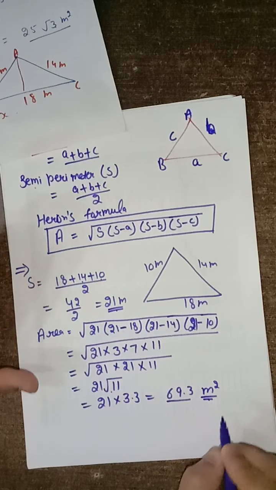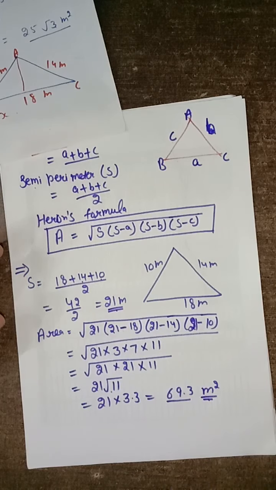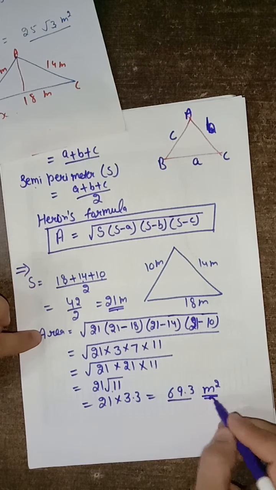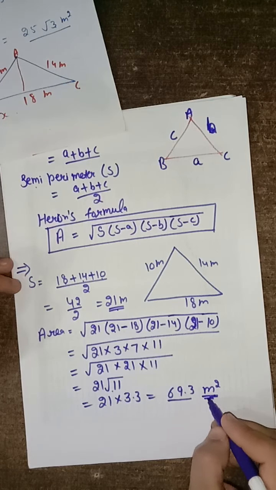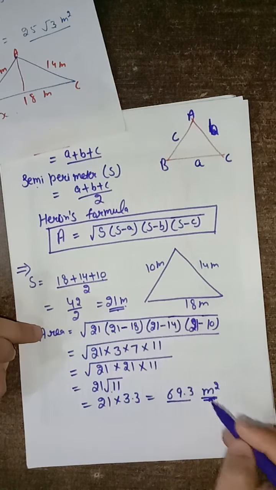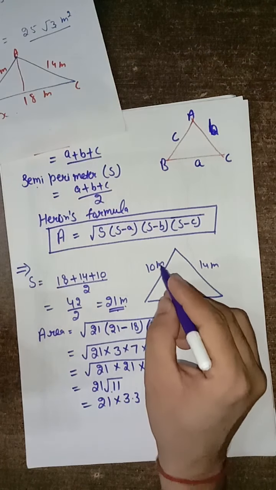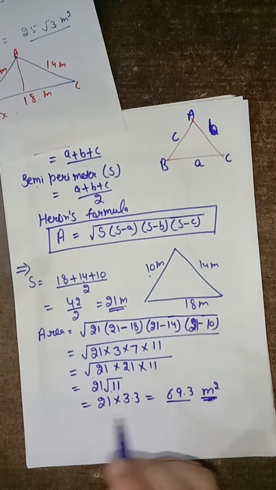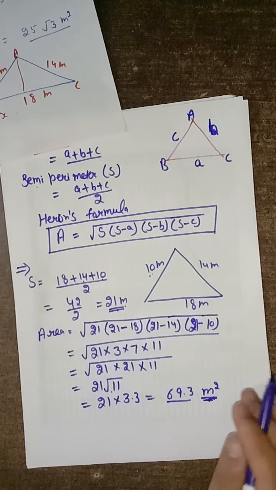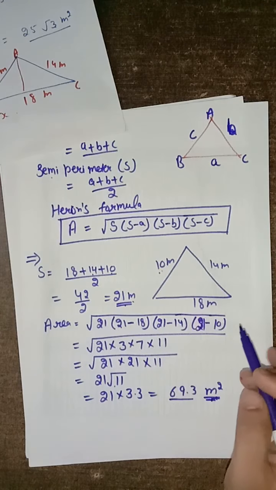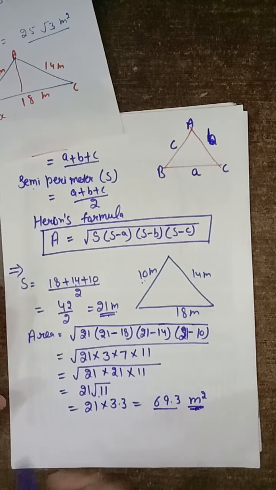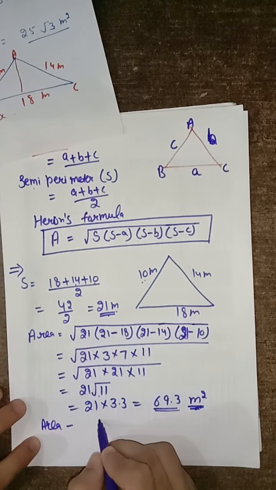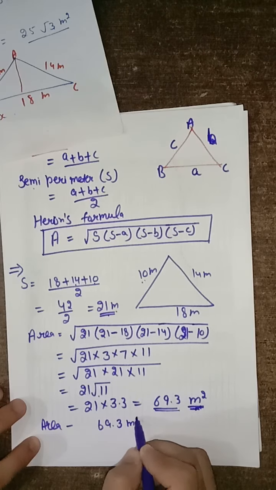स्टूडेंट यूनिट्स का स्पेशली ध्यान रखना है कि किसी भी क्वेश्चन में जब भी हम आंसर को मेंशन कर रहे हैं तो हमें यूनिट जरूर लिखनी है उस चीज़ की. जैसे एरिया की यूनिट मीटर स्क्वायर, सेंटीमीटर स्क्वायर होती है, तो अगर हमारी लेंथ मीटर में है तो हमारी यूनिट मीटर स्क्वायर में होगी। अगर एक साइड की यूनिट सेंटीमीटर में है तो हम उस यूनिट को पहले एक पर्टिकुलर यूनिट में कन्वर्ट कर लेते हैं। या तो सारी यूनिट को सेंटीमीटर में रखेंगे या फिर सारी यूनिट को मीटर में रखेंगे, फिर सॉल्व करेंगे और एंड में यूनिट जरूर मेंशन करेंगे। दैट इज एरिया ऑफ ट्रायंगल इज 69.3 मीटर स्क्वायर।